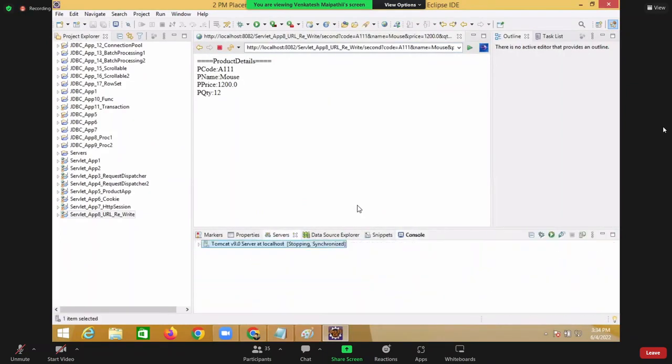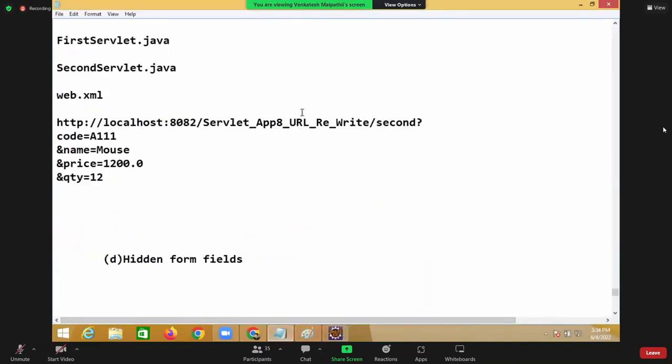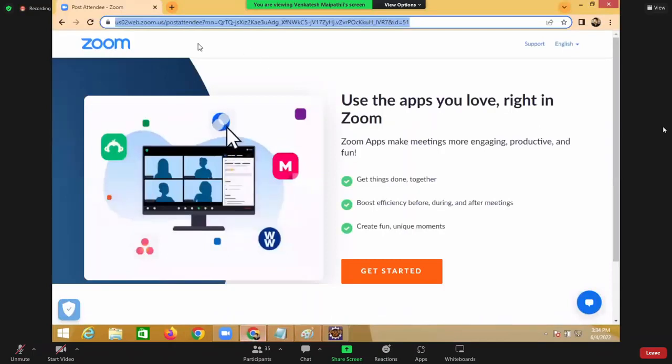The process of adding parameter values to the URL pattern and passing the information from one servlet to another servlet is known as the URL rewrite process. So the look will be like this. Here, this is the application name. This is the URL pattern. And this is a separator. And these are the parameters. The same thing you can see in the